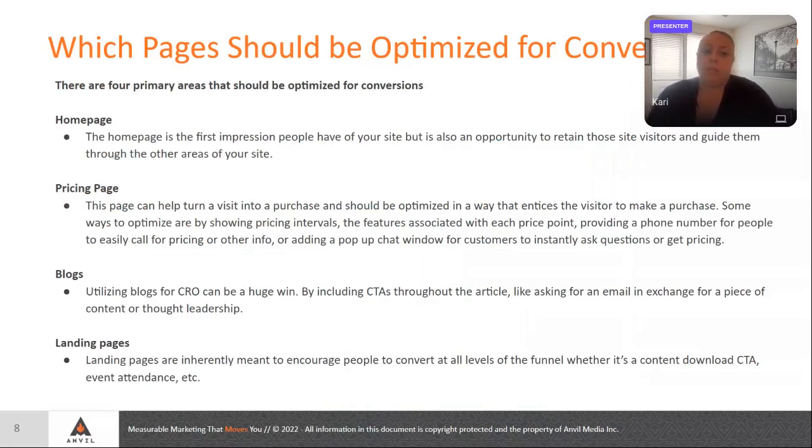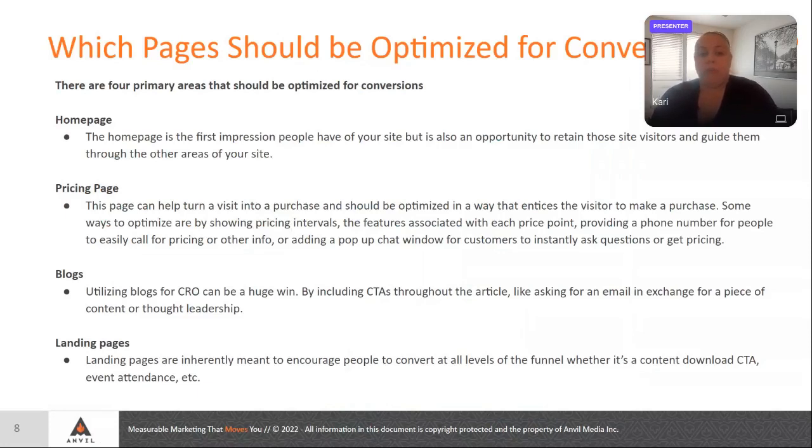So some of the ways to optimize would be showing pricing intervals, the features associated with each price point. So, if there is a pricing interval, the cheapest price and what features are associated with it, and then as they maybe select different levels of features, the pricing is different. But just so that they're aware of what they're getting with each of those price points,